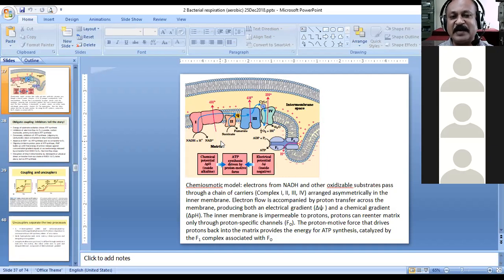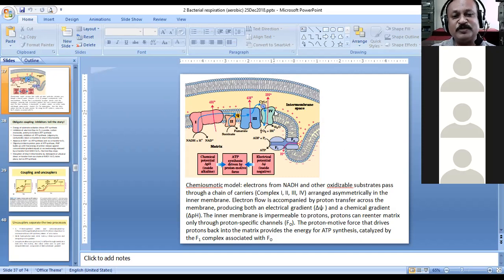The meaning of this is that you will not find all the molecules on only one side of the membrane, or only on the other side of the membrane, or exactly at the center of the membrane, or in a particular orientation. For example, a particular part is facing inside, another part is facing outside, and for all the molecules exactly the same thing is happening. It's not exactly like that, but the different molecules are placed in different positions with respect to their orientation and position within the membrane. And that is very important.